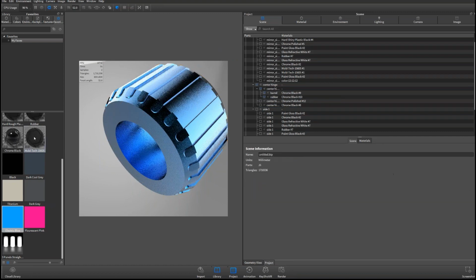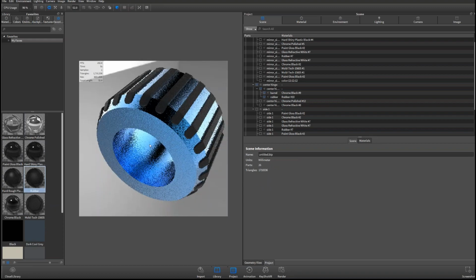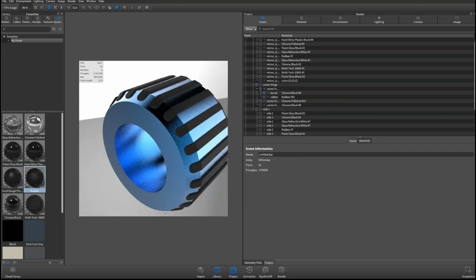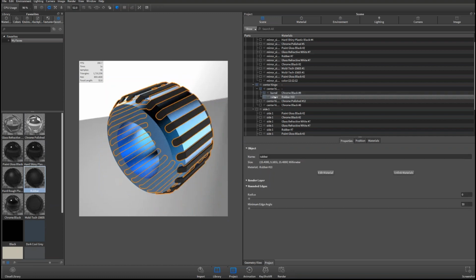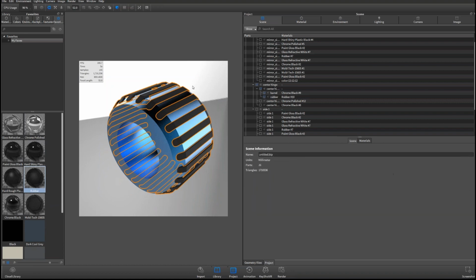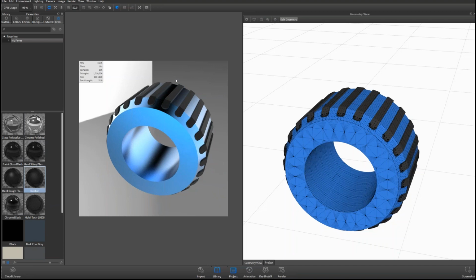So now if I go to my favorites and grab rubber and apply it to this part, I've broken that out within KeyShot, instead of actually having to go into my CAD application and break those all out. And then I could still go in farther and subdivide those, break those into their own groups if I did want one to be red, for example, or anything else like that. But the ability to actually modify your geometry, use the geometry editor, that's a brand new feature for KeyShot 6.